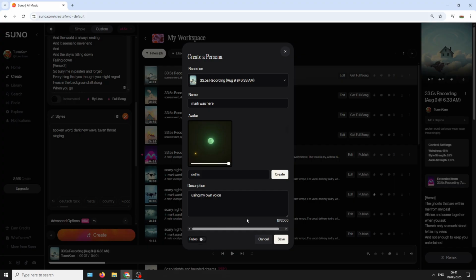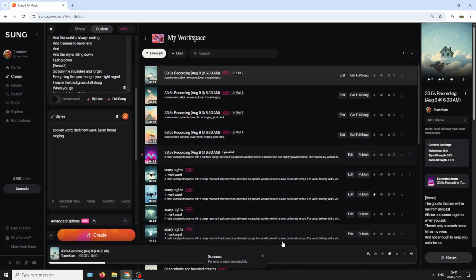If you were trying to make any money, you might have a problem there with copyright. So anyway, do that, and then click save.